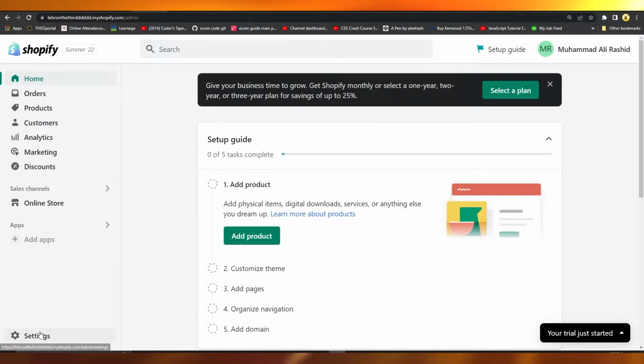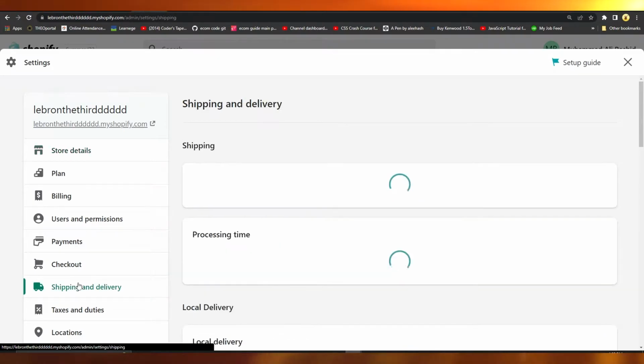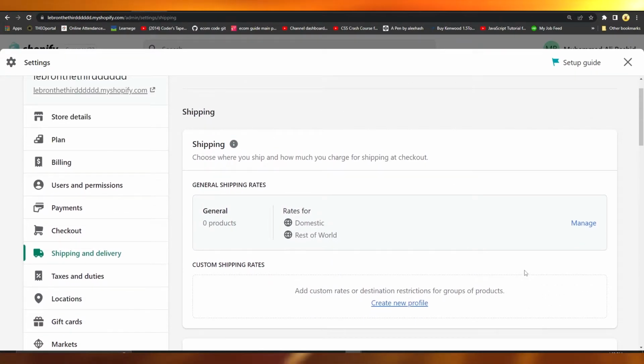Click on the bottom left on settings, and then after that, simply click on shipping and delivery. As soon as you guys click on that, now you guys can see your shipping options come up. From over here, you guys can either click on create new profile to add in custom rates, or you can